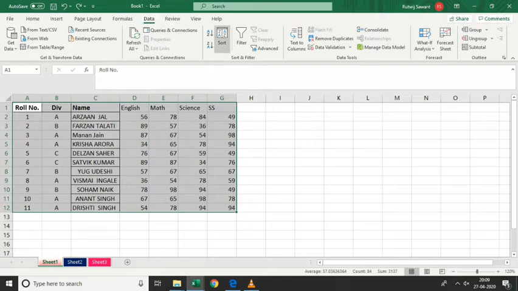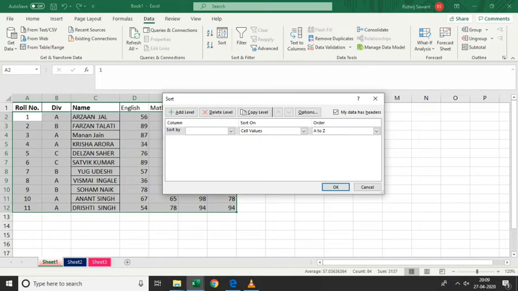First I want to sort the name column. I won't do anything on Sort On. Within Sort By, I'll select the name of the column. Sometimes it also comes as A, B, C, D, so from there you can select the column name, and then go to order. I want A to Z, so I'll select A to Z.